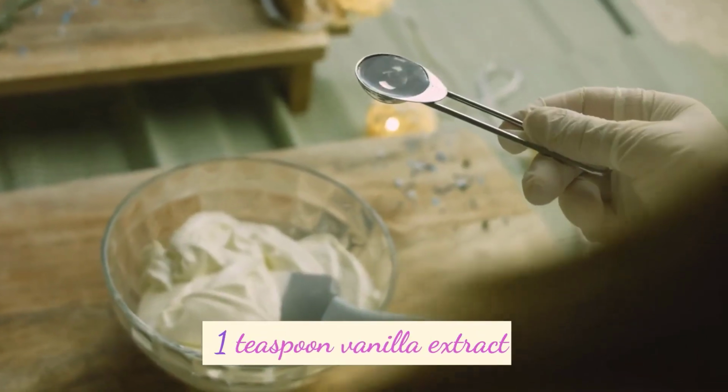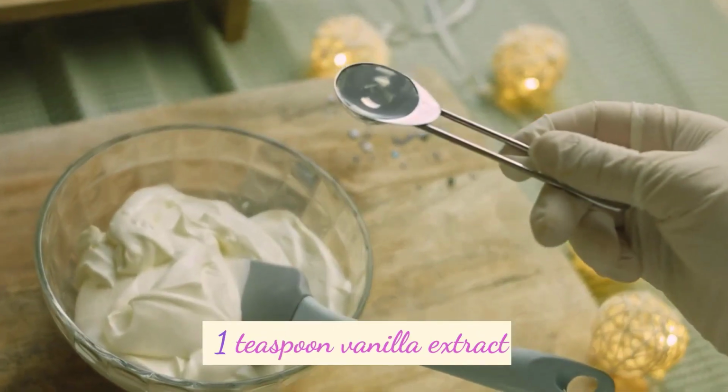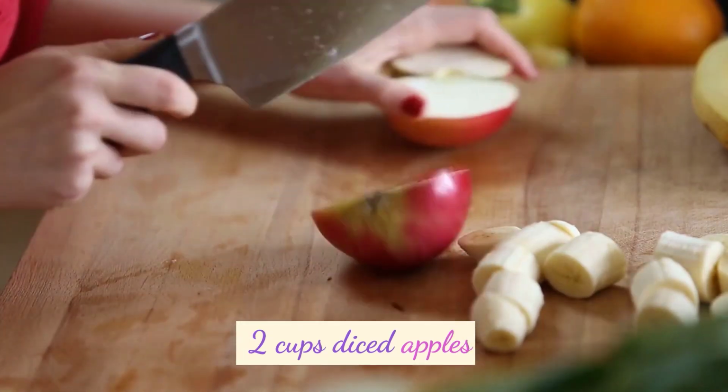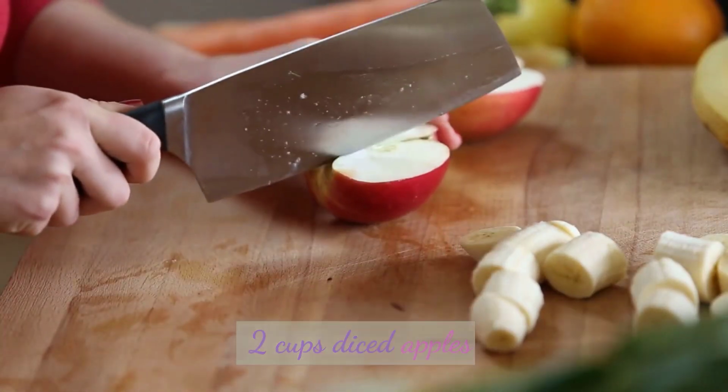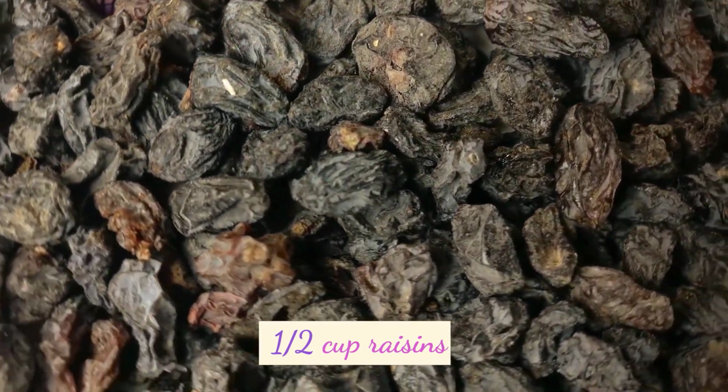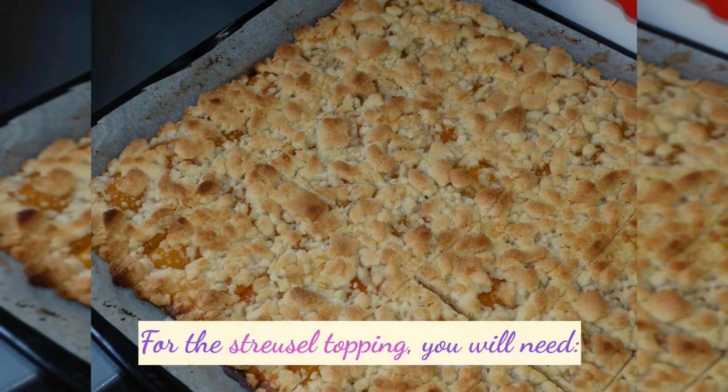1 teaspoon vanilla extract, 2 cups diced apples, 1/2 cup raisins. For the streusel topping, you will need